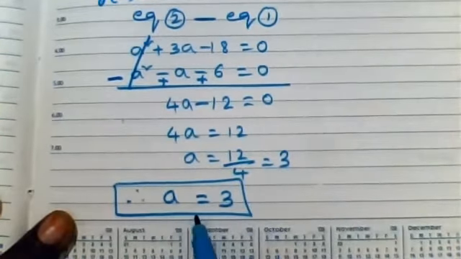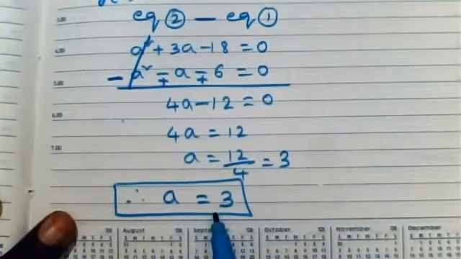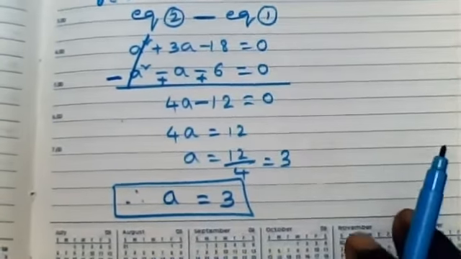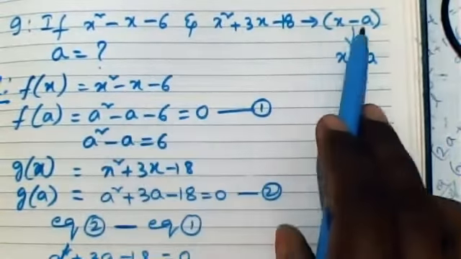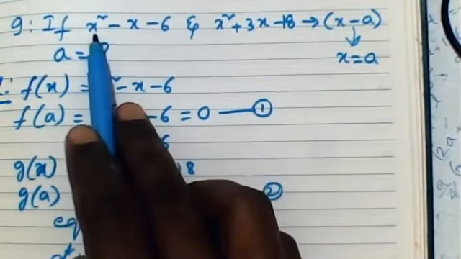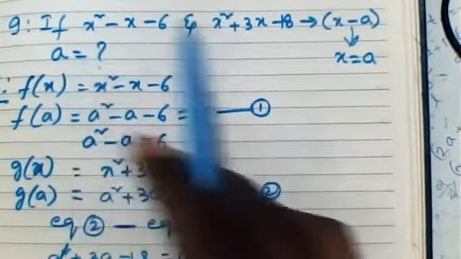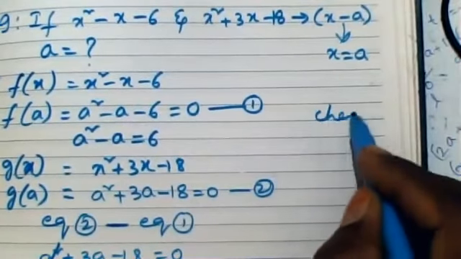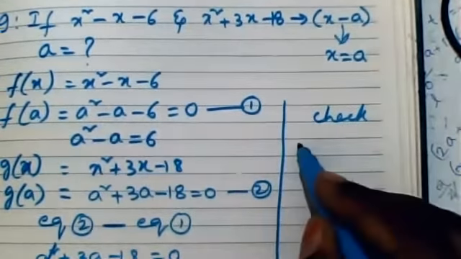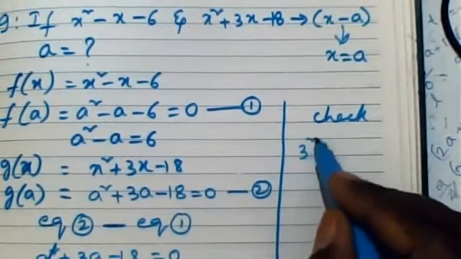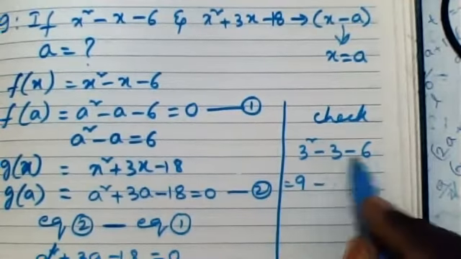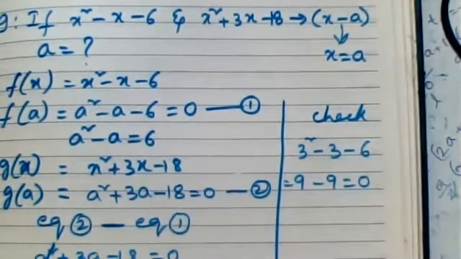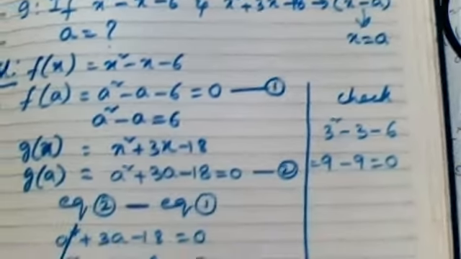Shall we check whether our answer is correct or not? Yes, teacher. See, here they have given x minus a is a factor of any one of these. So x minus 3 means in place of x, if you substitute 3, you should get 0. Shall we check that? Yes, here I am checking. So here I'll take 3 square minus 3 minus 6. 3 square is 9. Minus 3 minus 6 is minus 9, which is equal to 0. So our a value is perfectly correct. Come on children, now you copy this.